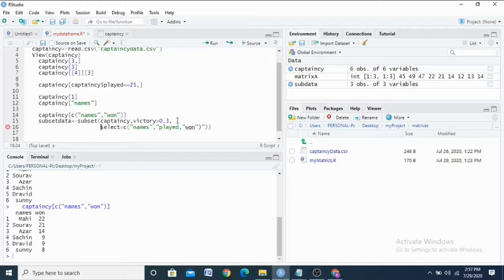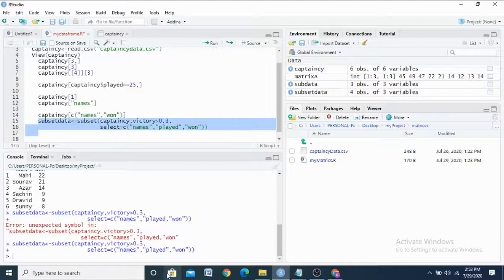So I have to enter it here. Okay, subset data, assignment arrow, that is your assignment. Subset captaincy, comma, victory greater than 0.3, comma, select C of concatenation of names, played, and then won. So subset of captaincy, comma, victory is greater than 0.3, select equal to C of names, played, and then won.